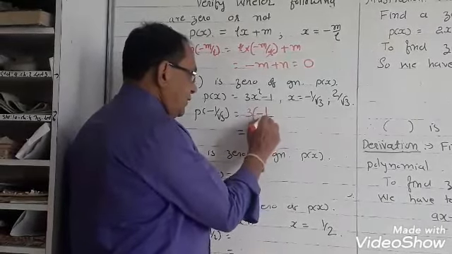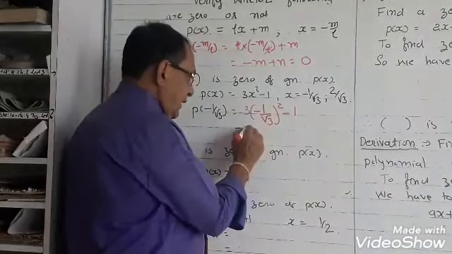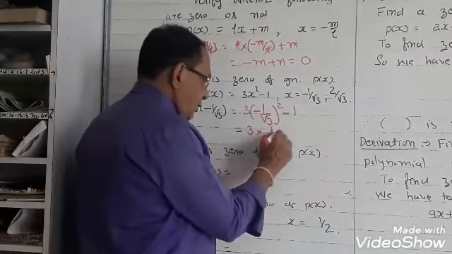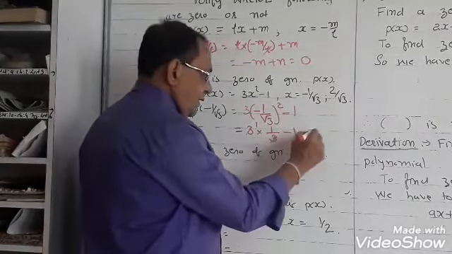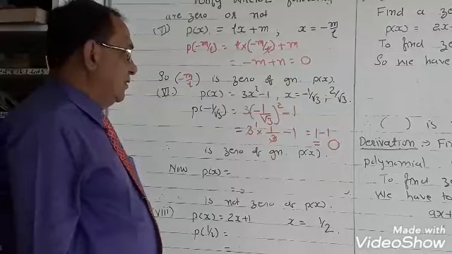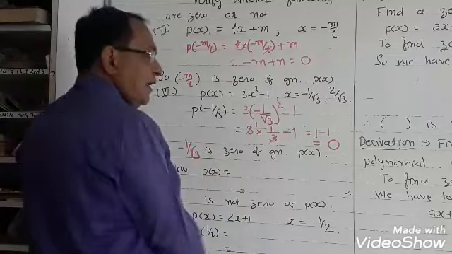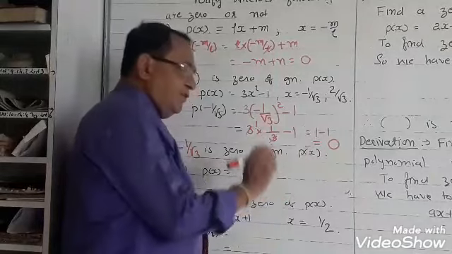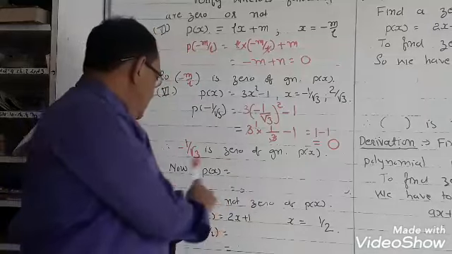3 times minus 1 over root 3 whole square minus 1. Minus minus becomes plus. So 3 times 1 upon 3 minus 1. 3 cancels, 1 minus 1 is equal to 0. You will get the 0. Therefore, minus 1 upon root 3 is a zero of the given p(x). Now p(x)